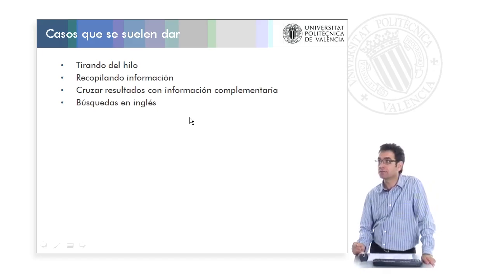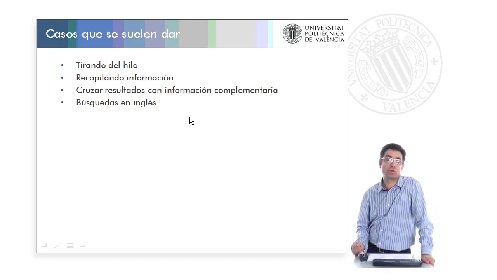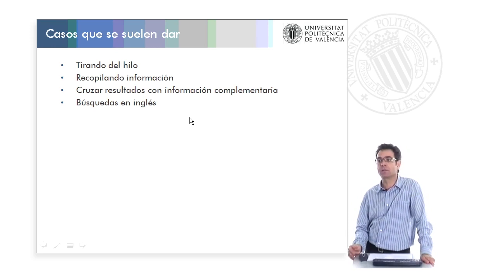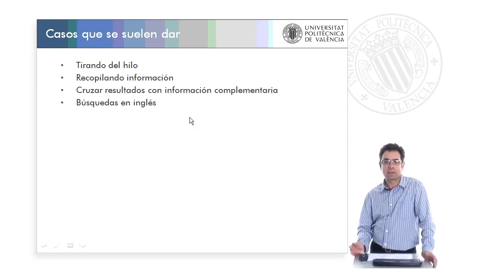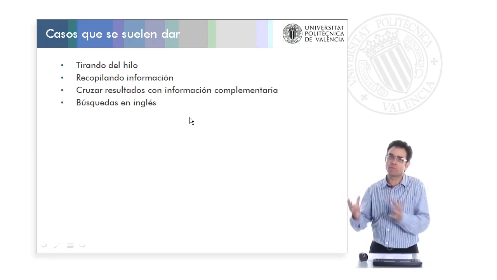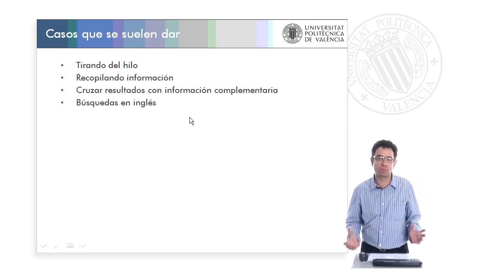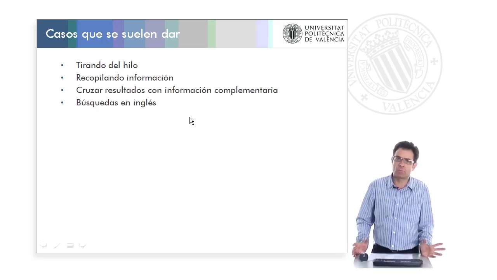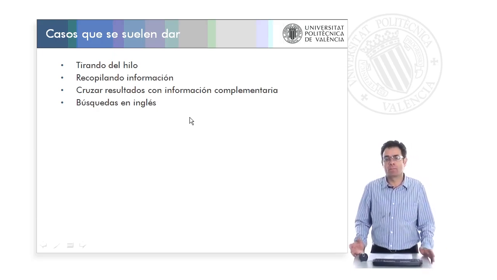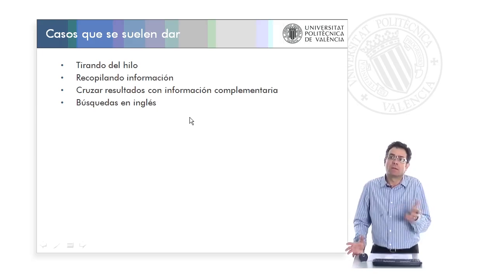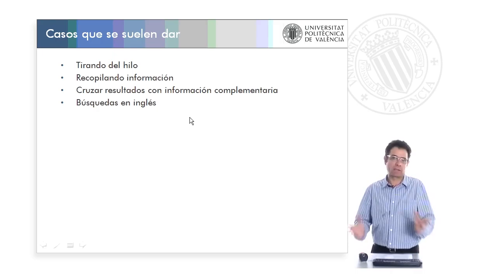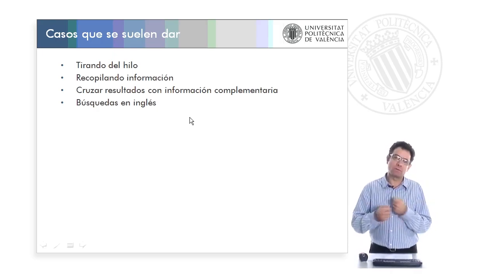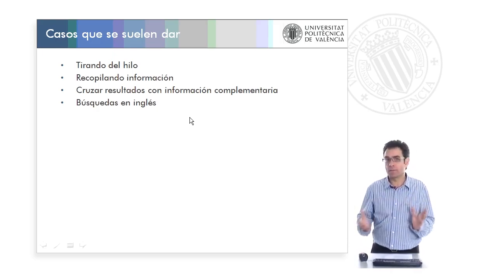It may also happen that we need to search in another language, typically in English because it is the most used on the internet, but in any other language because we are not able to read directly. But well, let's imagine that we were looking for a help forum for a computer product, because of course we suspect that if this product is not very specialized and does not have much impact in the market, as most likely a camera of last generation and such, it is possible that there are no forums in Spanish that give information or help to solve problems. Then in that specific scenario, we have to necessarily go and search for forums in English.